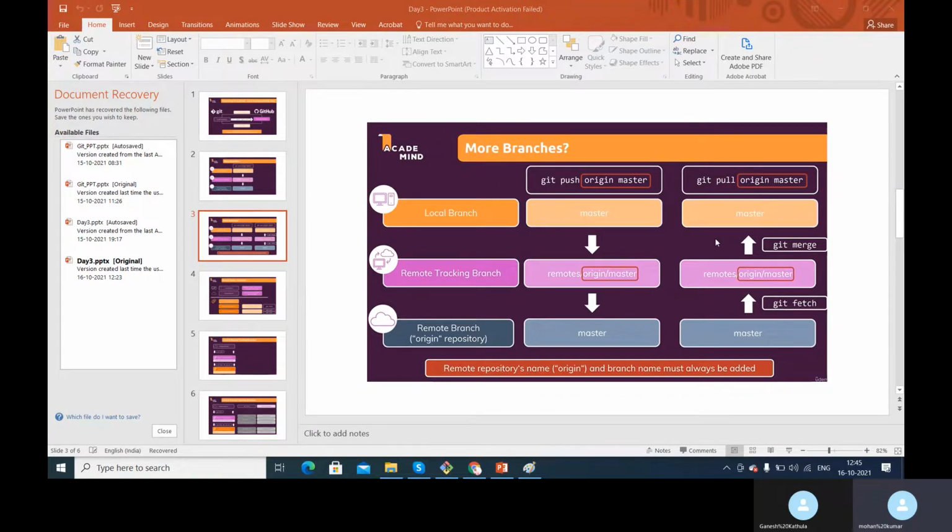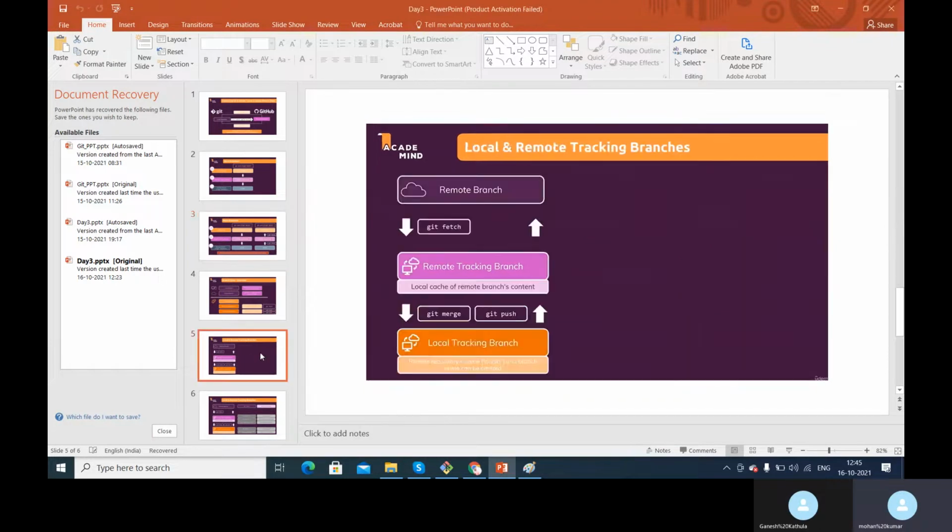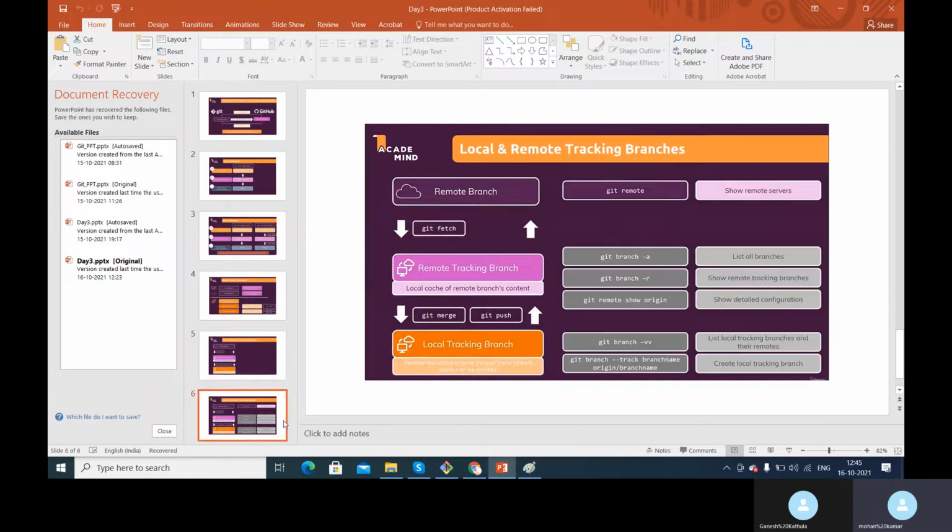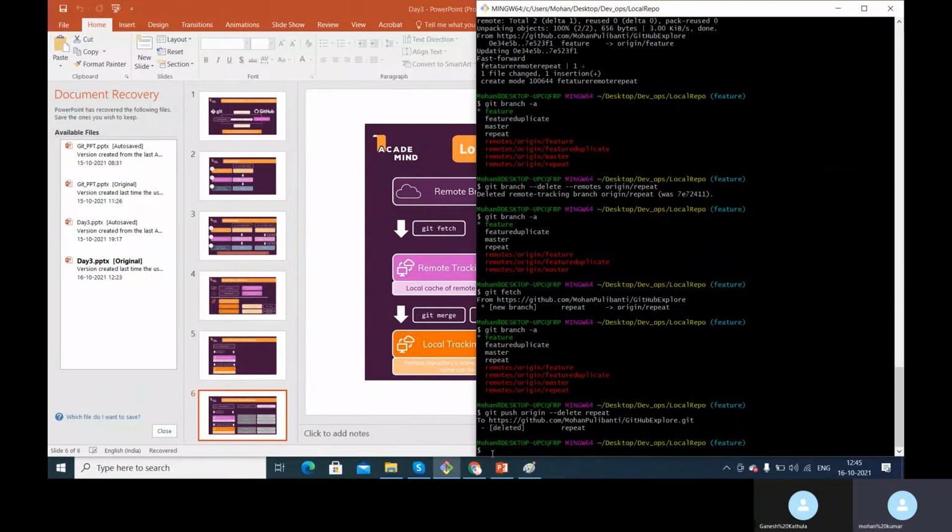So we created a path for each and every branch, and we simply used git push and git pull to traverse the data from the local repository to the remote repository. We have seen all this stuff and we even created this. Okay, so this is the final overview of all the things that we have done. What we have done, git remote. So this is something which I didn't tell you till now.